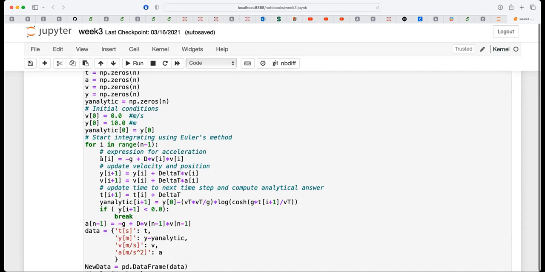But what you see here, if you look at the line which says expression for acceleration, throughout this course, when we are looking at different problems, the only thing you need to change is the force and then the acceleration. The rest doesn't care about what you plug in, as long as you have an expression for the acceleration.